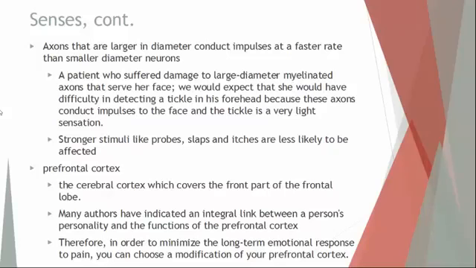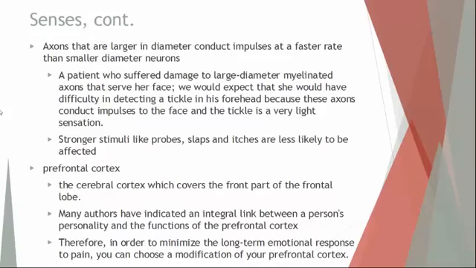Axons that are larger in diameter will conduct impulses at a faster rate than smaller diameter neurons. A good way to think about that is if you're sitting in traffic during rush hour on a busy highway or busy interstate. If that interstate were down to one lane, there's a lot of people trying to go in one direction in a little amount of space. It's going to take longer for everyone to get through. But if that highway were, instead of one lane, say 20 lanes, there's a lot more room for information to flow. So the wider or more space that a neuron has, the faster information can be delivered.